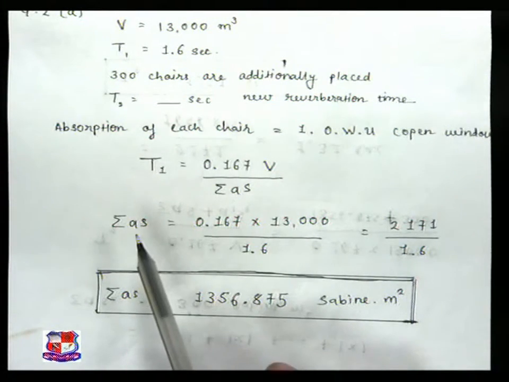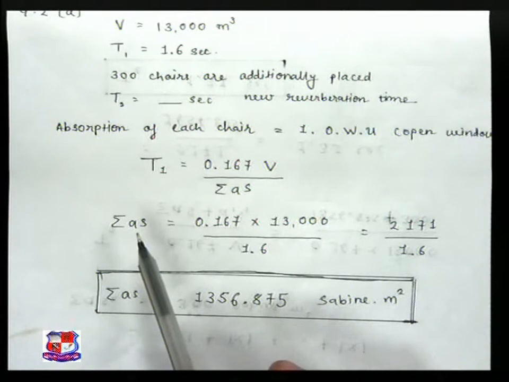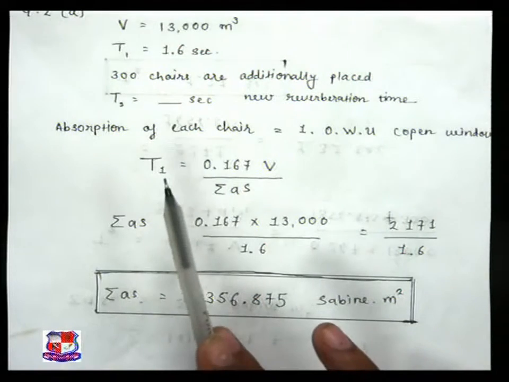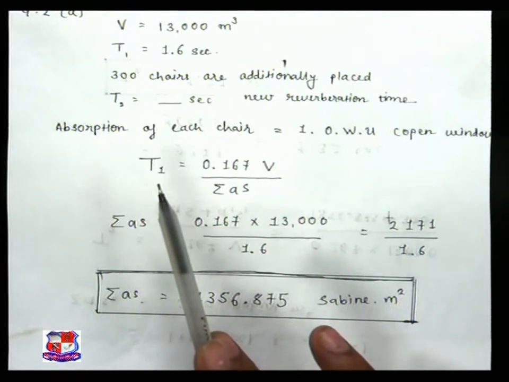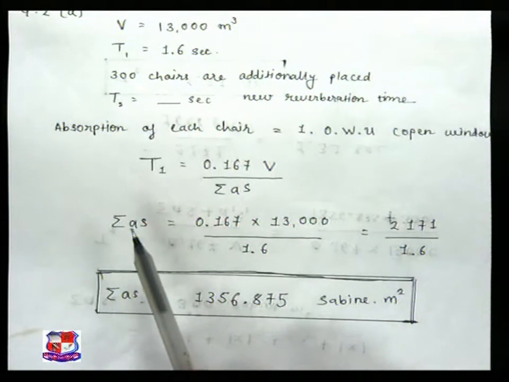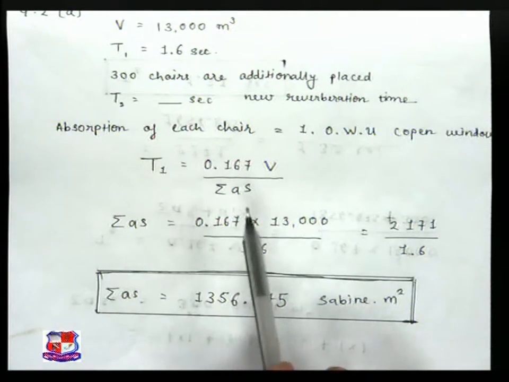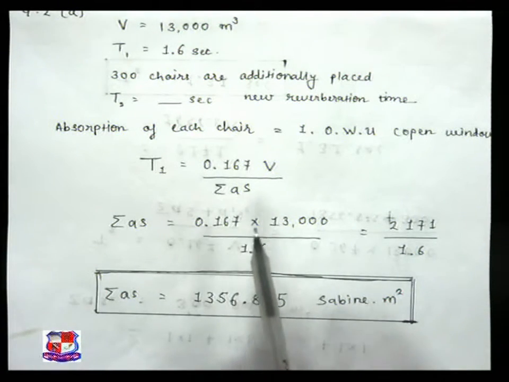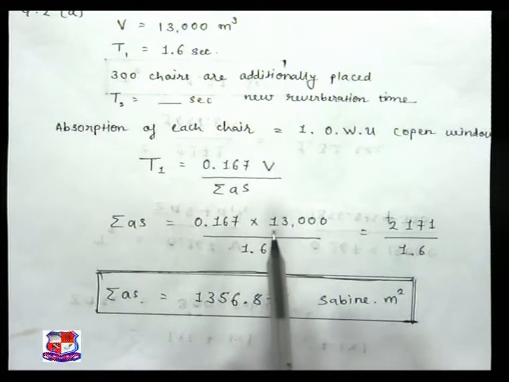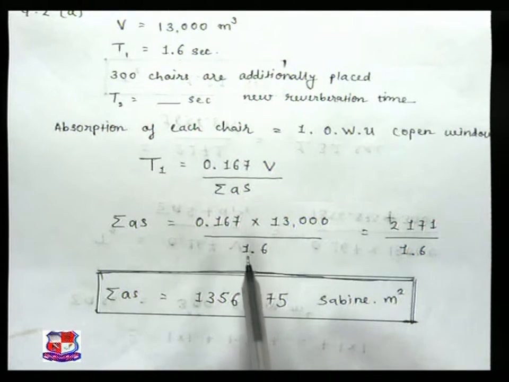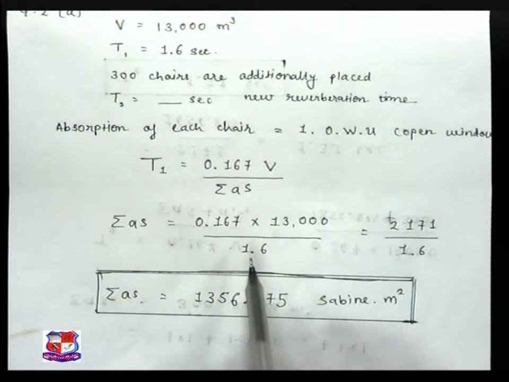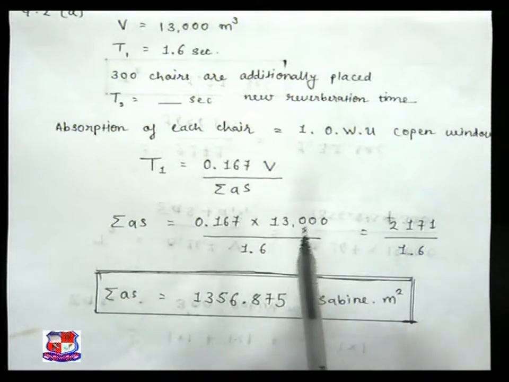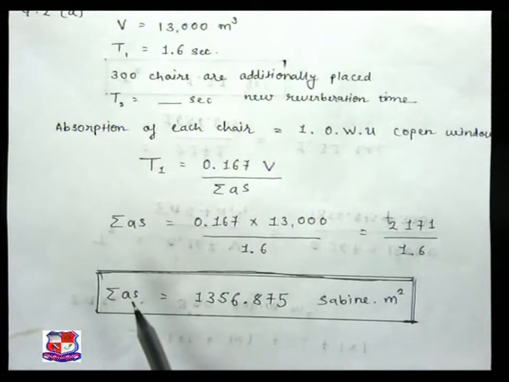When I calculate summation of AS, T1 goes in the denominator. That means 0.167 multiplied by 13,000 meter cube, divided by 1.6 second, the reverberation time. When I solve this, I get the answer of summation of AS,